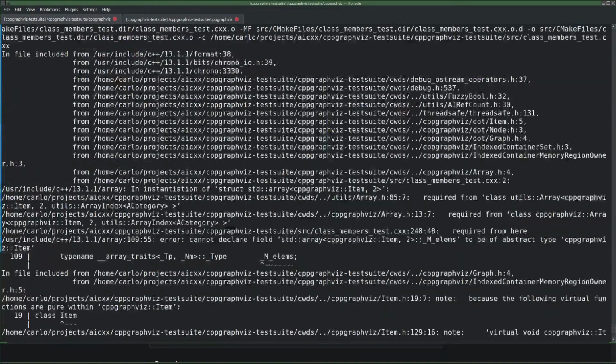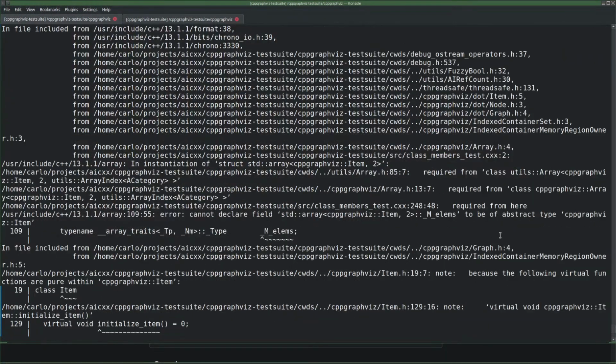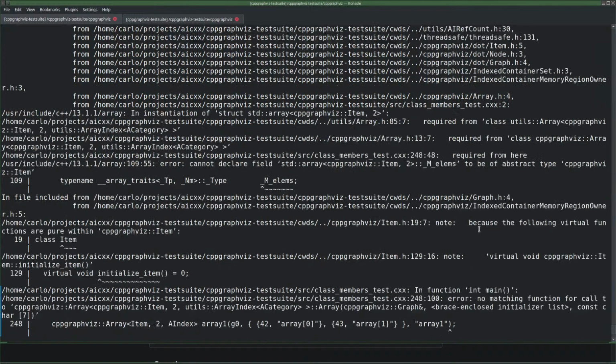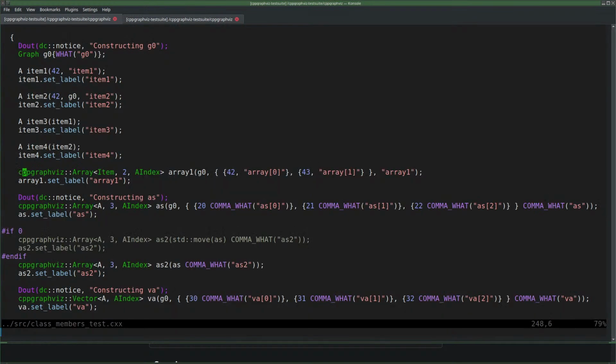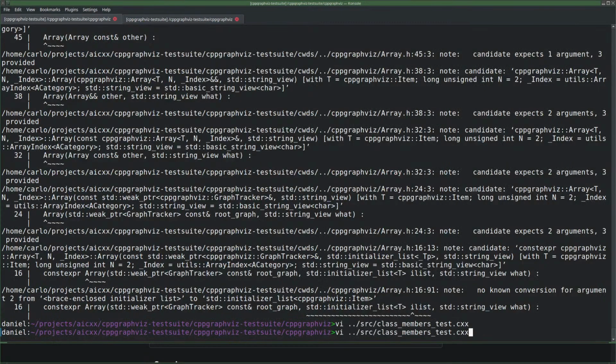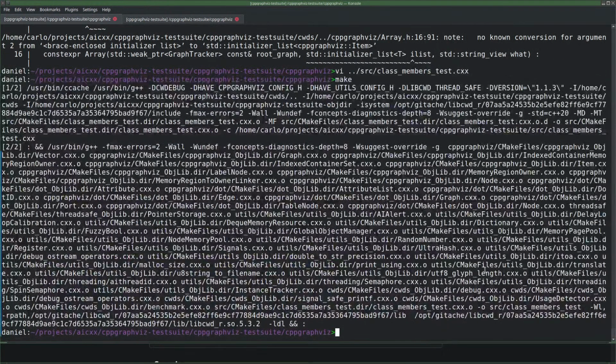Still doesn't work. Now what? Required for. I had the feeling that I forgot to replace item with A, because that's all it said. Yeah. No, it's okay. Finally, it's okay. Right, this compiles,